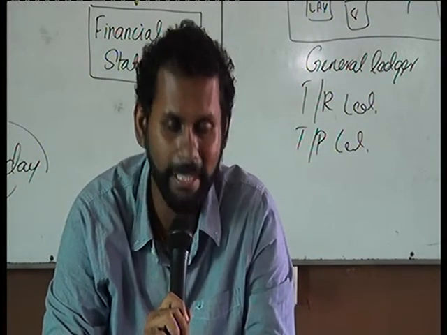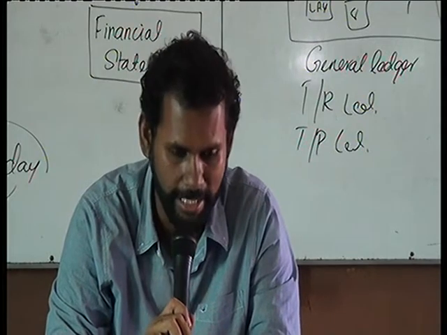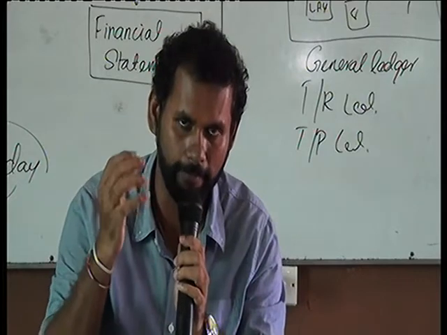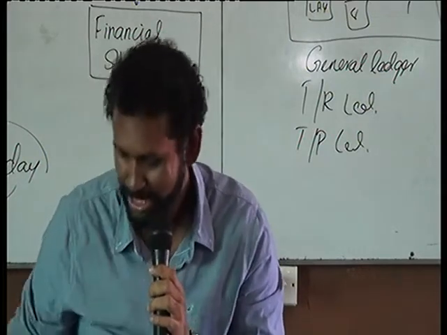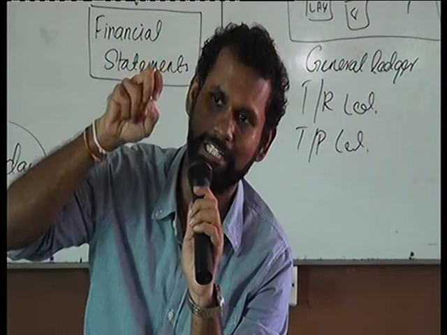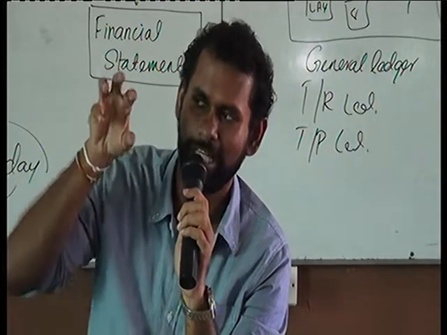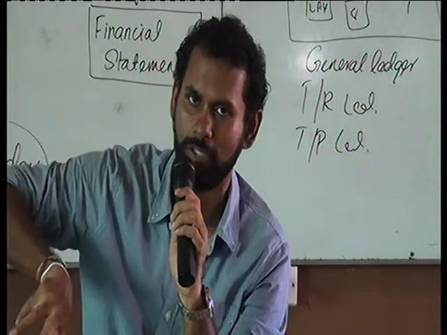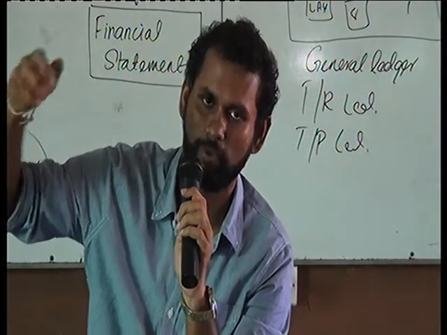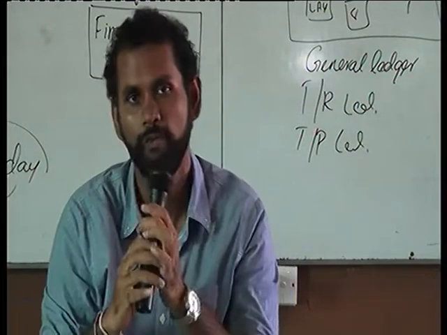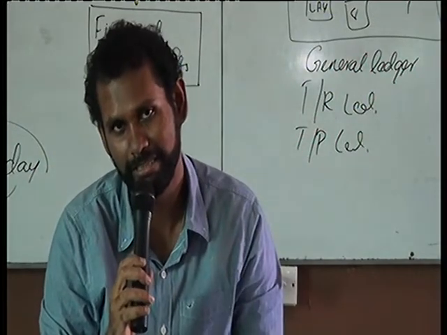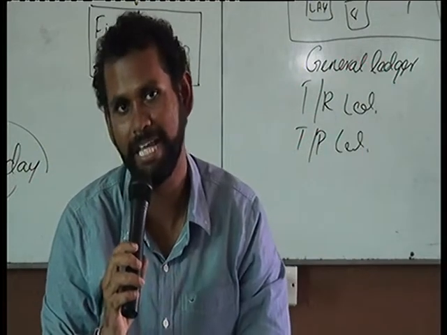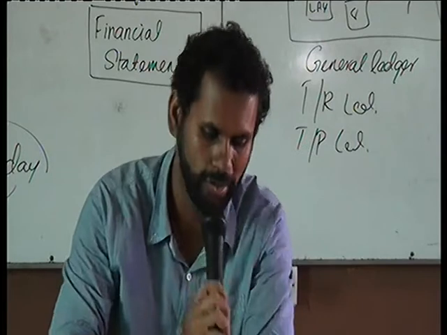Then we have petty cash expenses. Petty cash is different from the cash book. The cash book is used to record the payments which are made in cash. If those cash payments are very minute, for example, if our cash book deals with transactions worth 100,000 or 200,000, and there are payments of 20 rupees, 10 rupees or 50 rupees, we don't record those in the cash book.